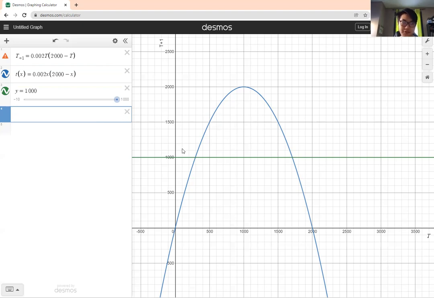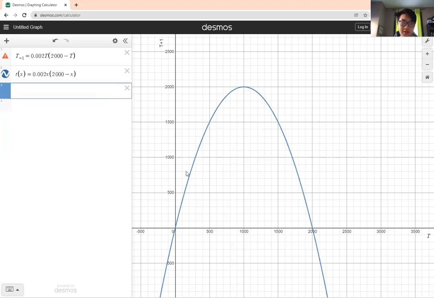Speaking of fluctuations, you can use this graph recursively to find populations beyond the first year. What that means is you can use the outputs of this function and reuse them as the inputs. An example of that would be if I know the population of 2001, but I want to find the population of 2003. What I would do is, first of all,